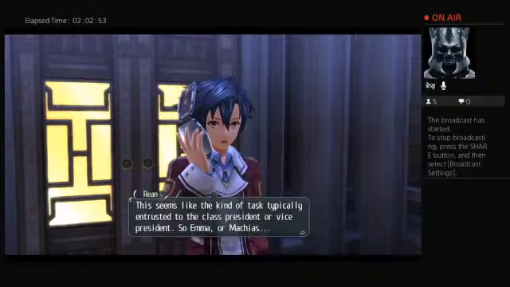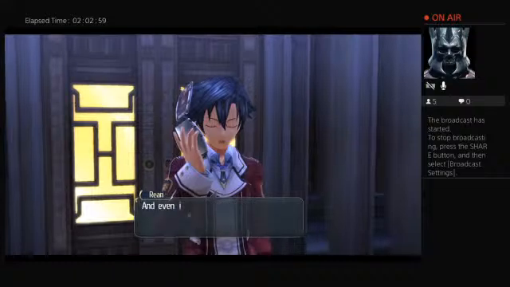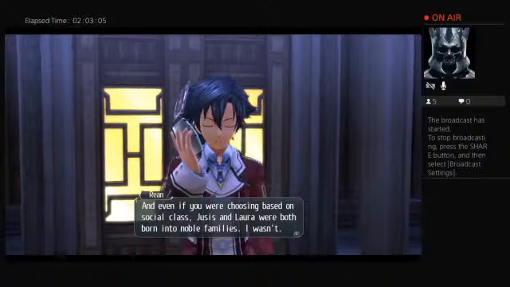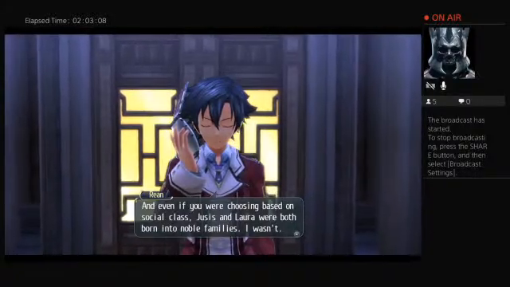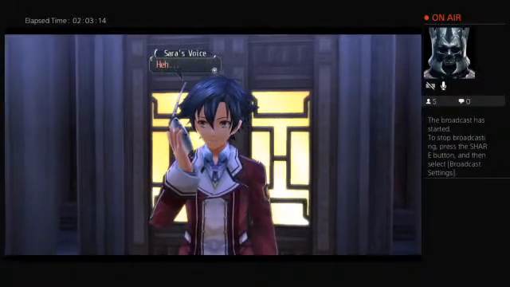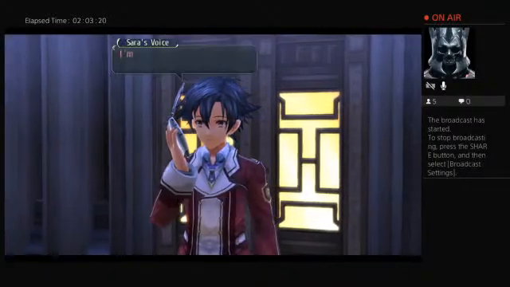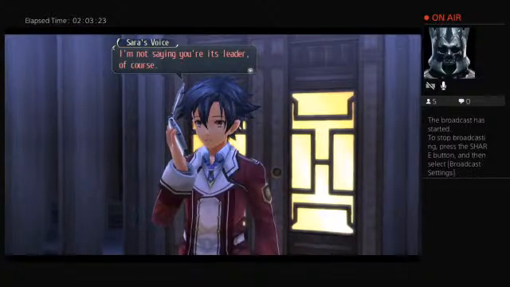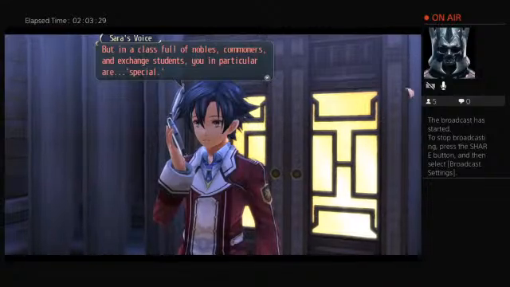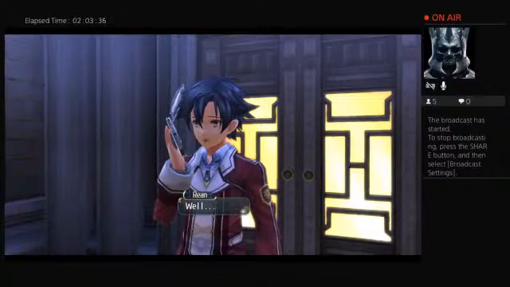This seems like the kind of task typically entrusted to the class president or vice president. So, Emma or Machias. And even if you were choosing based on social class, Eustace and Laura were both born into noble families. I wasn't. Cool. Yeah. So what makes me so special, exactly? Well, in a sense, you're effectively at the center of Class 7. Pardon? I'm not saying you're its leader, of course. But in a class full of nobles, commoners, and exchange students, you in particular are special. Surely even you can see that, no? Well...